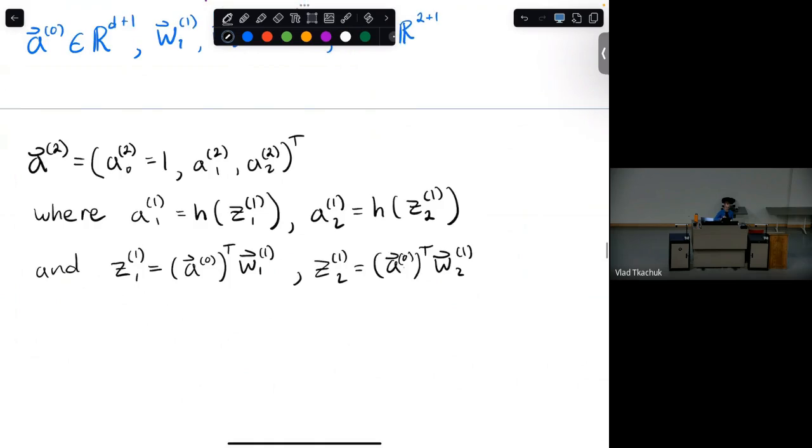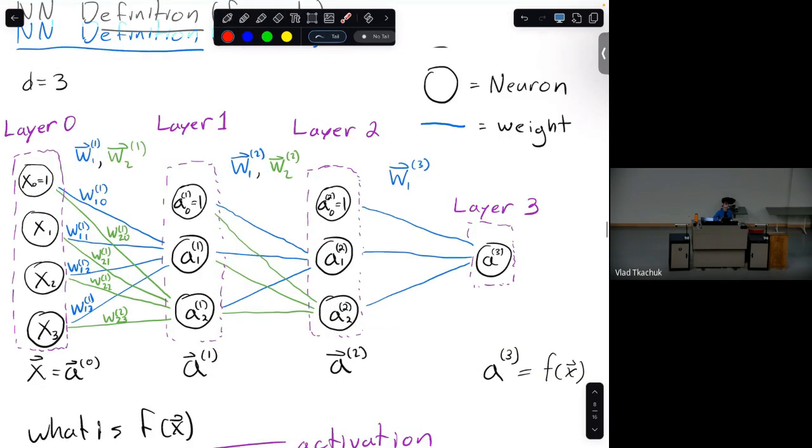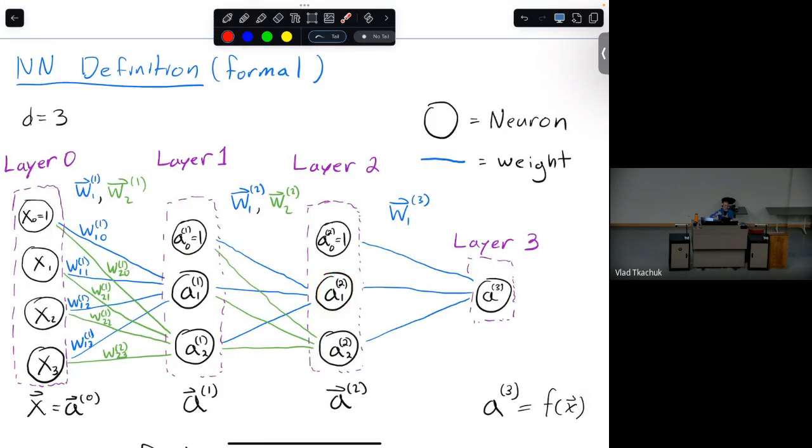So what changes next? Once again, the superscript here will change to A2, same here. Then the pre-activations are also going to change to 2. So everything's the same, and now these pre-activations have 2's here, indicating the layer. And the only thing that changes after is the input: what is it a linear function of? It's going to be a linear function of this vector dot producted with this weight vector, so the blue lines.